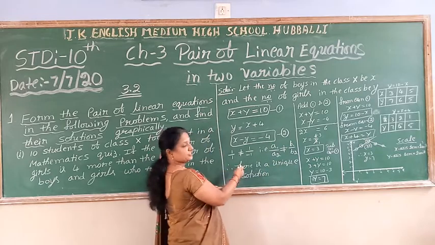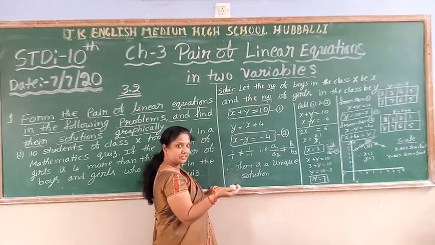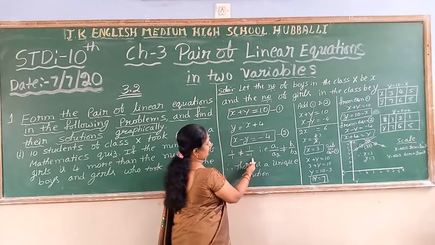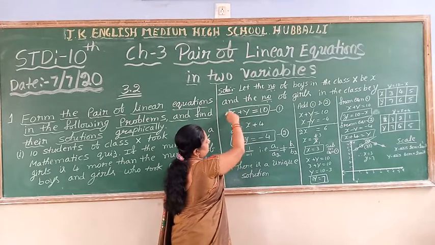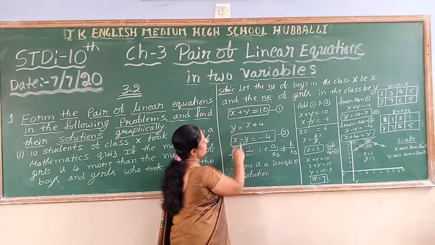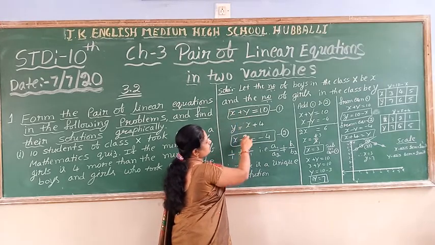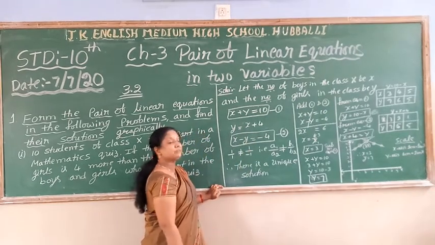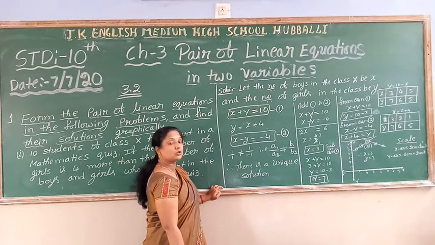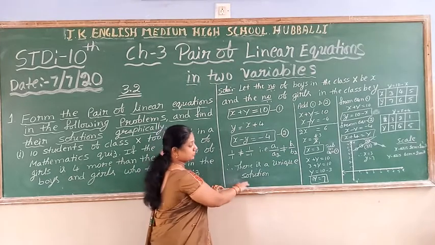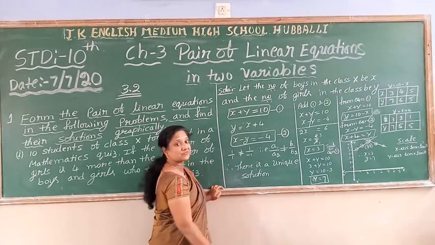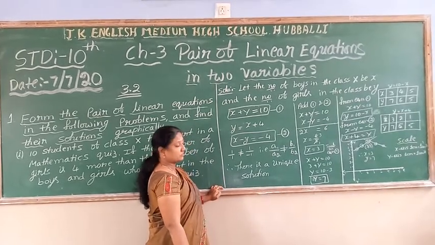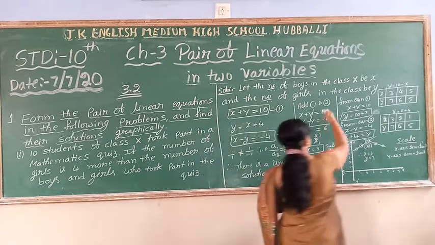Now we verify which type of solution we are going to get, which type of lines we are going to get graphically. So a1 by a2 is not equal to b1 by b2. I have written the a1 value as 1 only, the b1 is plus 1 and the b2 is minus 1. So the sign changes, which means the value is not same. So a1 by a2 is not equal to b1 by b2. So there is a unique solution then. If this condition is satisfied, there is a unique solution. So what is the solution? This is extra actually. What I explained is extra.